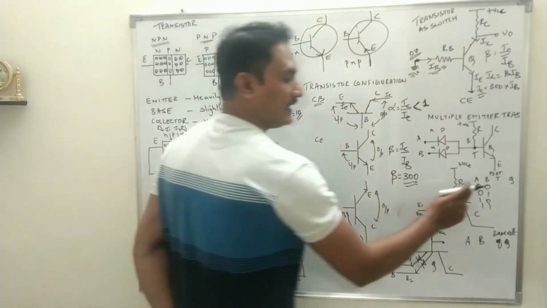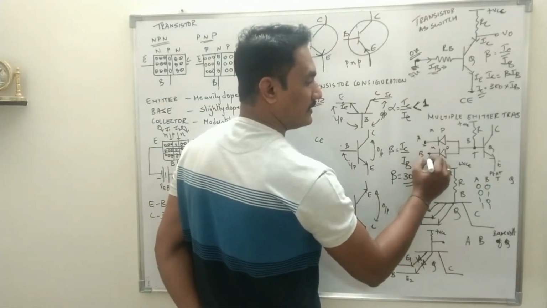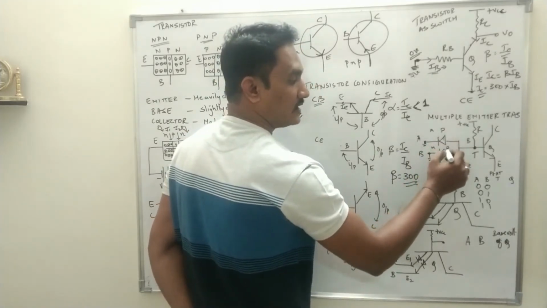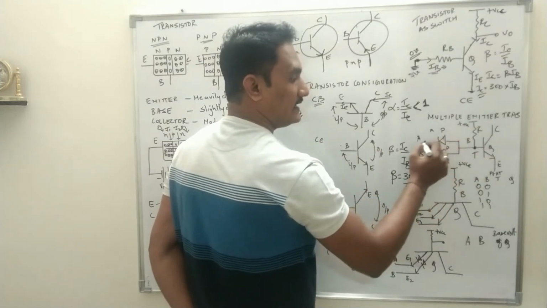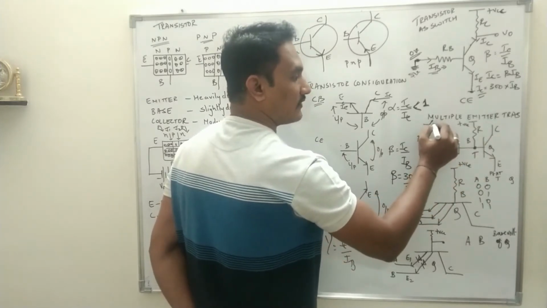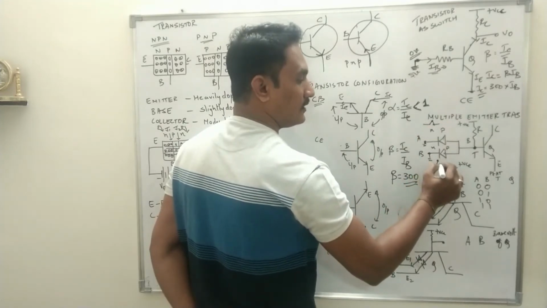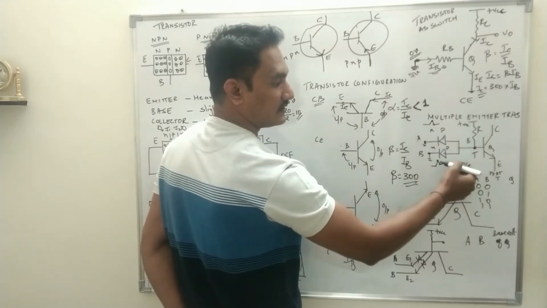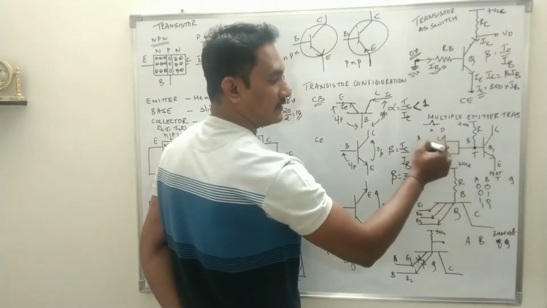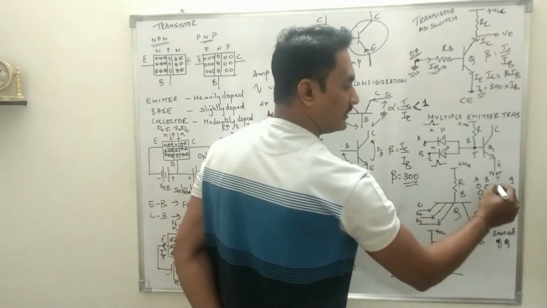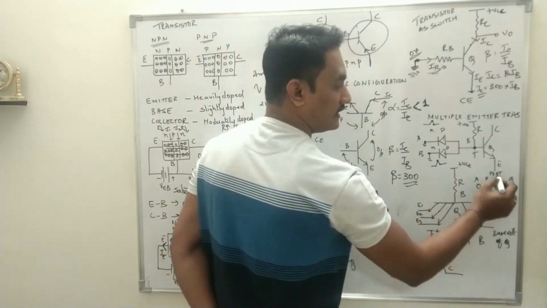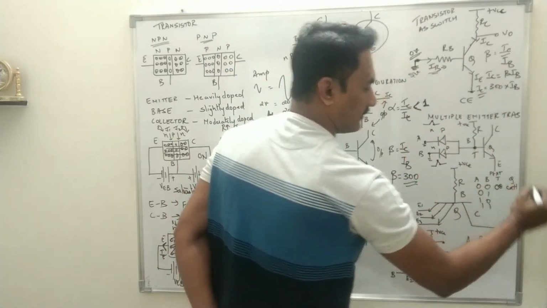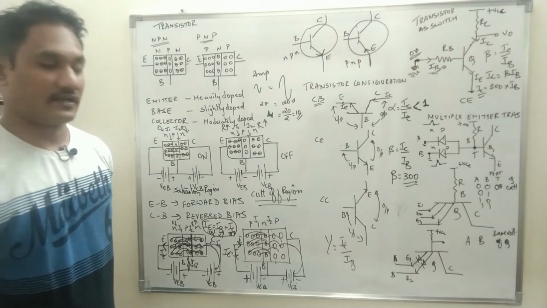So when I say A and B both are 0, that means A and B both are grounded, which indicates that P is connected to positive, N is connected to ground, for both the diodes. Both the diodes are forward bias, and when they are forward bias, they act as a switch, an on switch. So this point T gets connected to ground. So potential at point T will be 0 volt, and if 0 volt is applied to the base of the transistor, the transistor is in cutoff region.